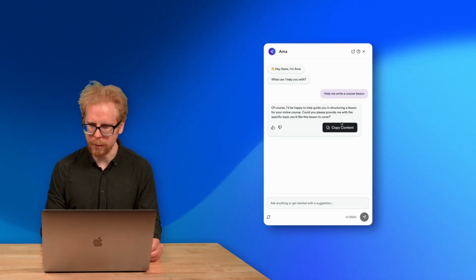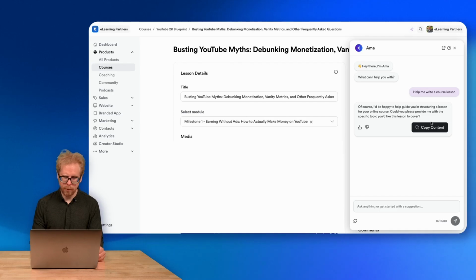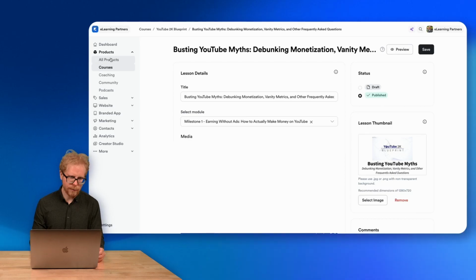Of course, I'd be happy to guide you. Instructional lesson. Could you please provide me with a specific topic? So, you can take this topic, boom. Amma follows you around Kajabi. It's basically like having ChatGPT integrated into Kajabi. So this is the first AI feature. You should definitely take advantage of it. The second AI feature